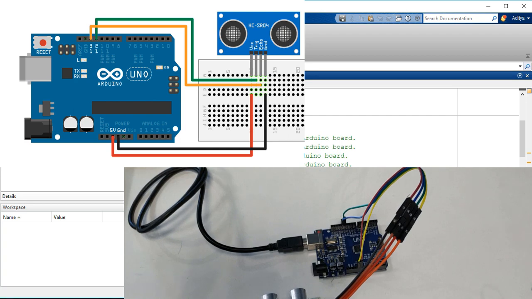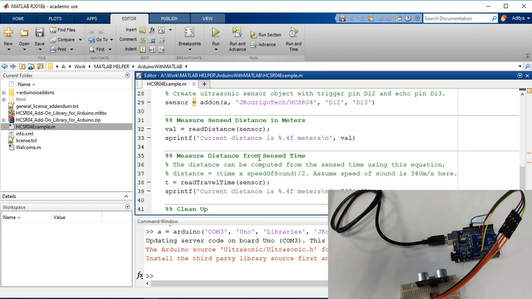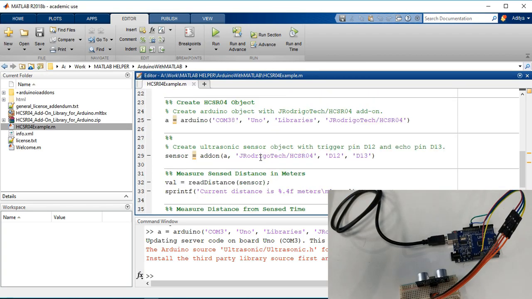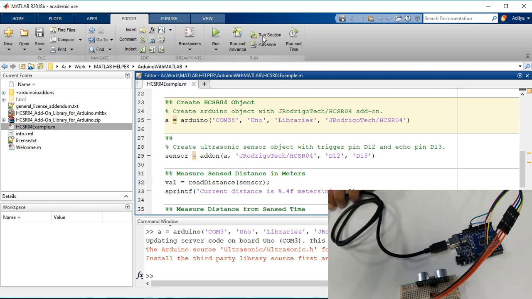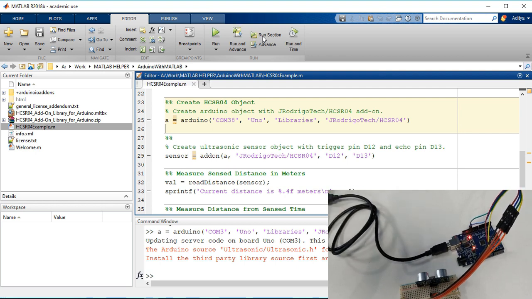Okay, so now let us run the code. For creating the HCSR objects, we'll have to run this part, and I hope this time it would run. I haven't connected the Arduino, so I've plugged in the Arduino quickly. You have to change the COM port.